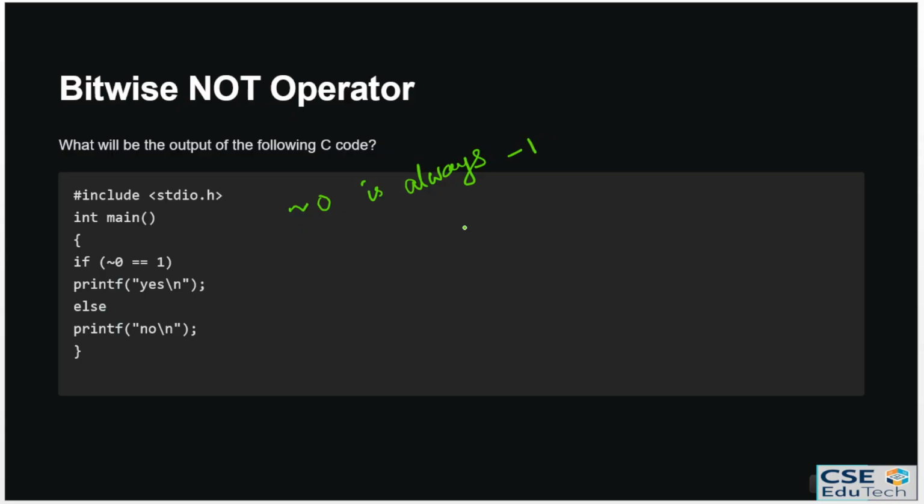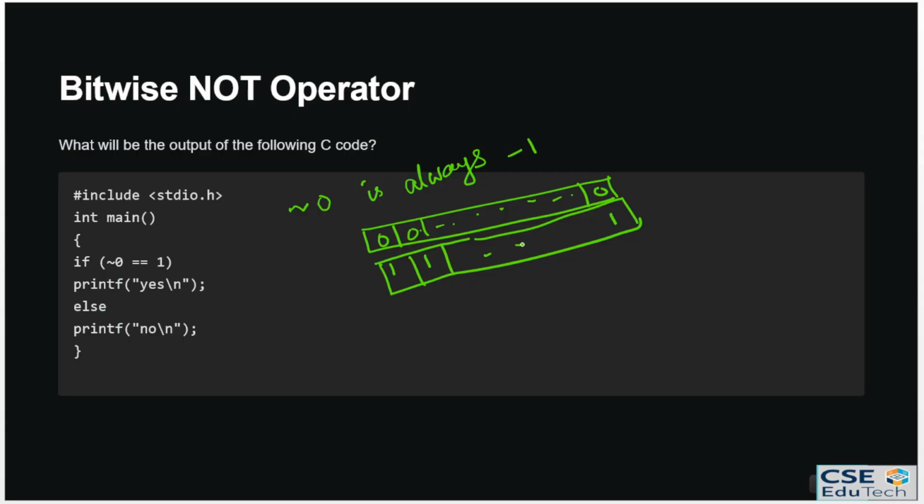It is always -1. Why? Because if we represent 0, it will be 0, and the remaining part is also 0, 0, 0, and 0 if we represent 16 bits. Now if we make the complement, complement means 0 will be converted to 1, and it will be 1. Okay, if we make the complement of this,